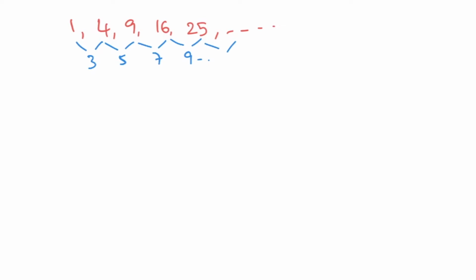And going to squares, 1 square is 1, 2 square is 4, 3 square is 9, 4 square 16, 25 and so on. In series of squares, if you notice differences, 3, 4 plus 5, 9, 9 plus 7, 16, 16 plus 9, 25. You can expect the next difference. Next difference, 3, 5, 7, 9. Next difference should be 11. So next term should be 25 plus 11, that is 36.